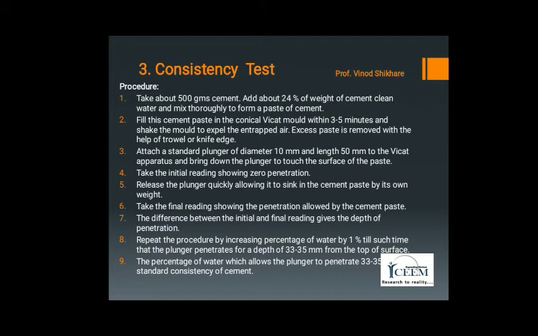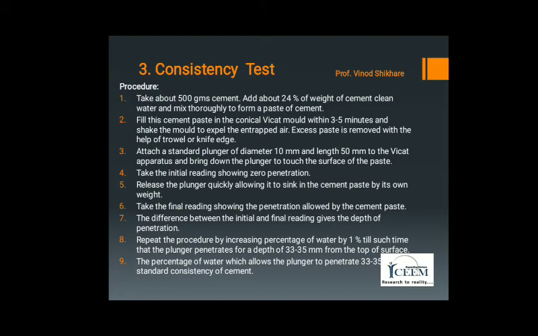Attach a standard plunger of diameter 10 mm and length 50 mm to the Vicat apparatus and bring down the plunger to touch the surface of the paste. Take the initial reading showing 0 penetration. Release the plunger quickly, allowing it to sink in the cement paste by its own weight. Take the final reading showing the penetration allowed by the cement paste. The difference between initial and final reading gives the depth of